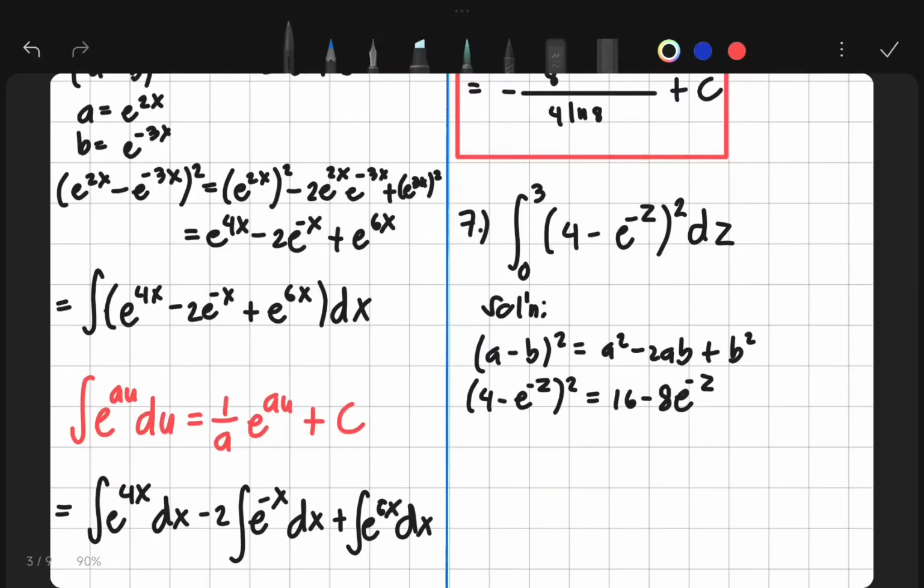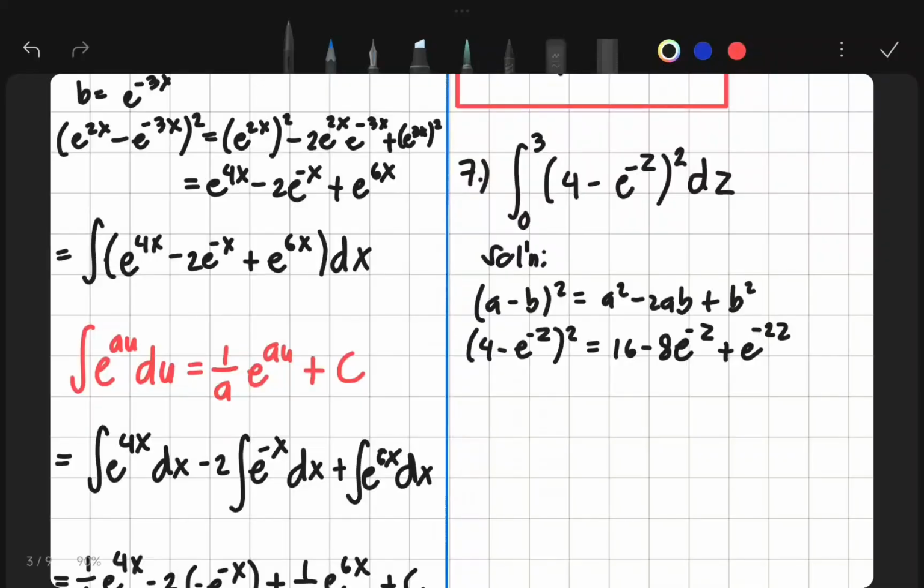And lastly, e raised to negative z squared will become e raised to negative 2z, because if you have a power to power, you just need to multiply it. So our new integrand will become the integral from 0 to 3 of 16 minus 8 e raised to negative z